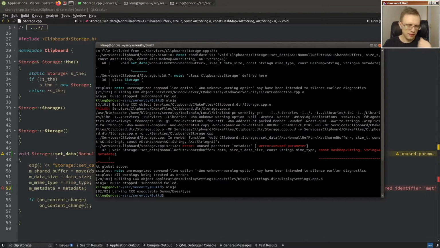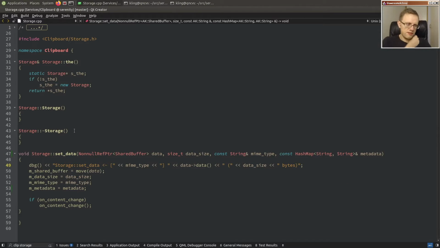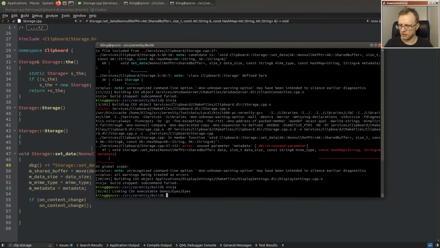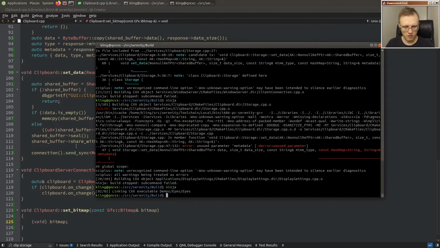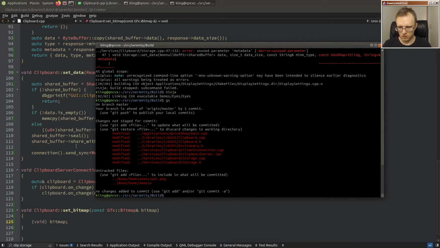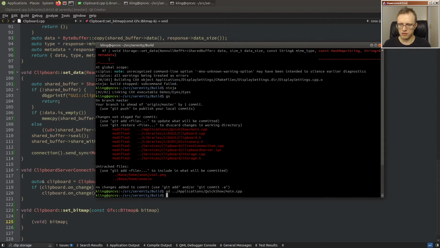Otherwise we would have to create a buffer and then stream a header into it, and it would become an exercise in writing out a PNG file or something like that, which is not necessarily terrible, but it is kind of nice to be able to pass metadata along with the raw data. Okay, anyway, let's see. So this builds, that's good, and still in QuickShow we don't care about that, so GUI,